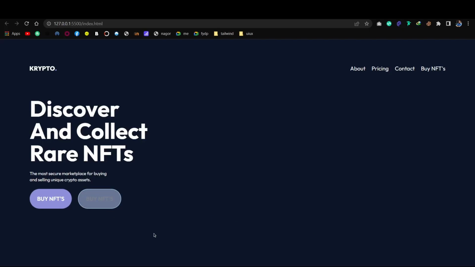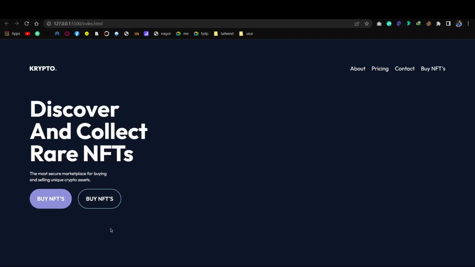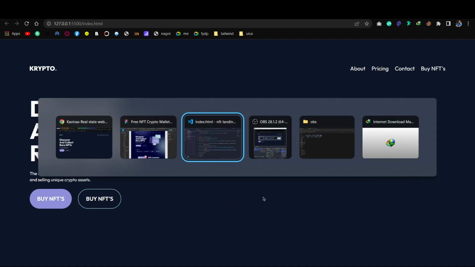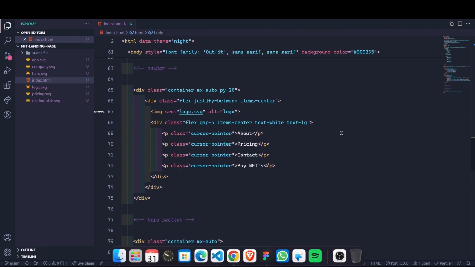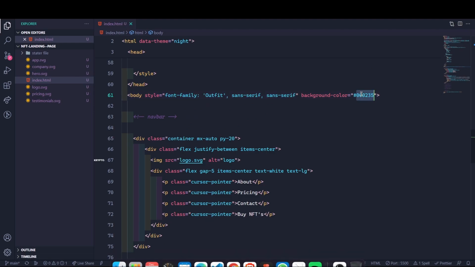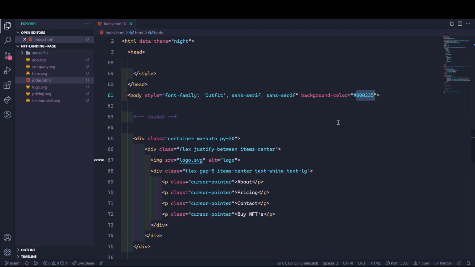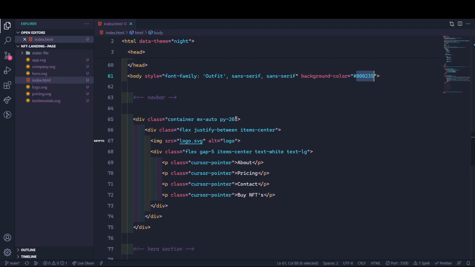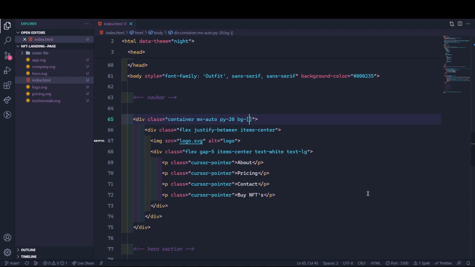Now it looks good. Perfect, right? And okay, cell NFT should be white. Yeah, it's already in white. Okay, no issue. Okay, I think I need to change the color, right guys? So wait, let's just give the color one by one. Okay, copy this color and paste the color in here like busy, then give a custom value like that